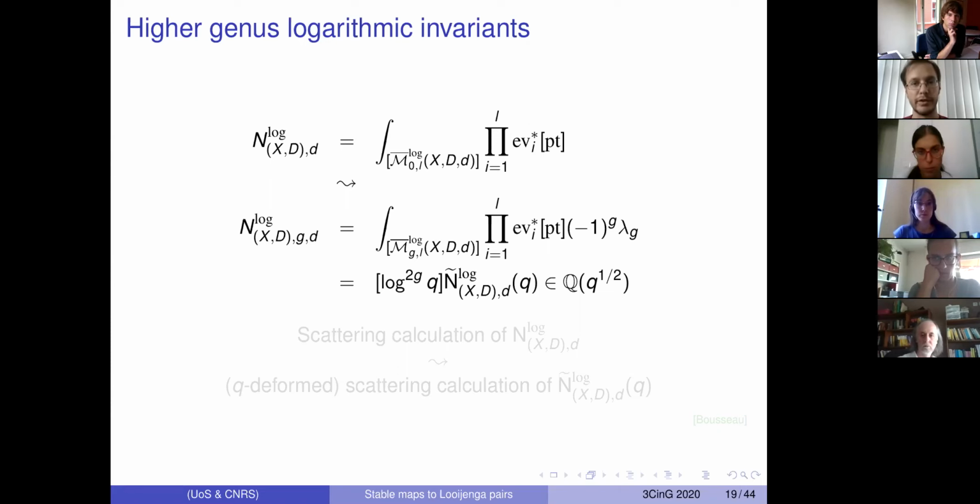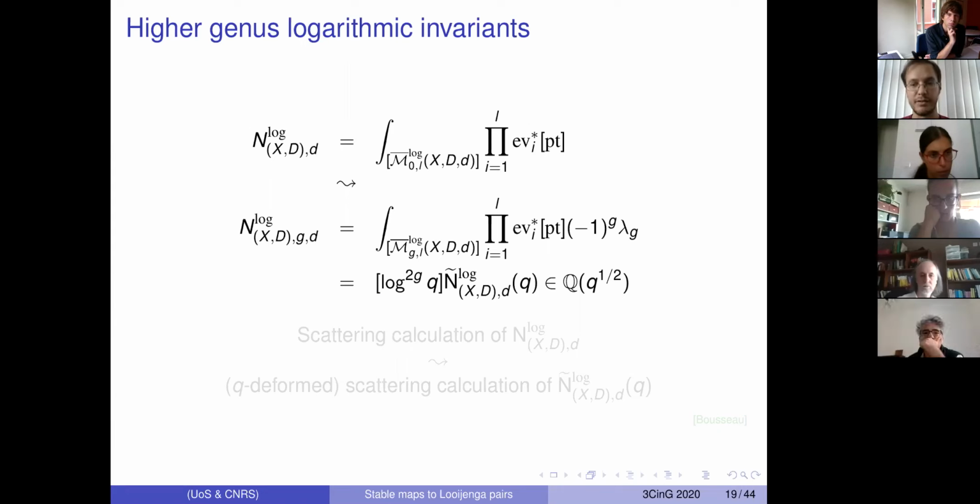That will be one way. And there's another meaningful operation that can be done, which is capping, still considering l point conditions on the surface, and capping everything by lambda_g. So lambda_g is the Mumford lambda class, the g-th Chern class of the Hodge bundle on the moduli